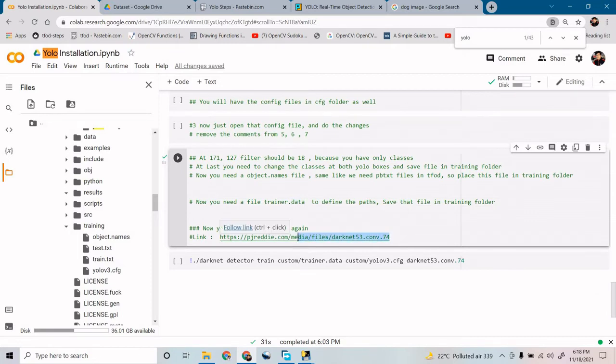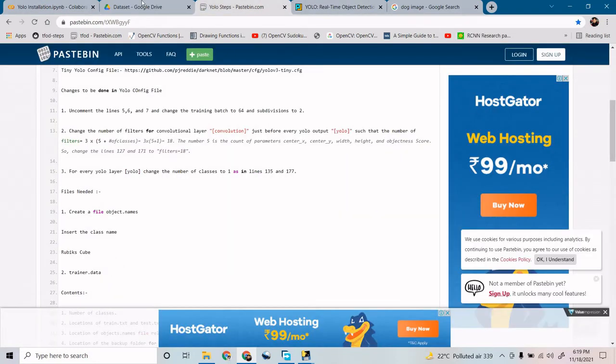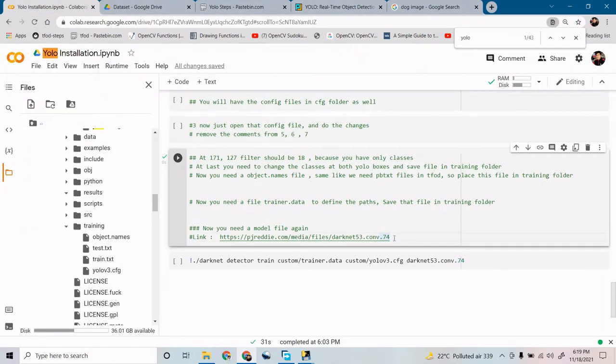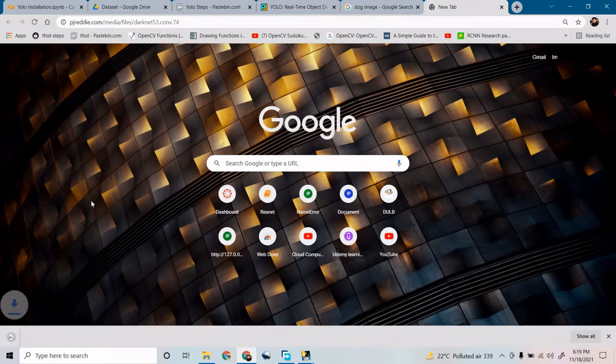Now again, you have YOLO. First of all, we have used something known as darknet, so for the darknet we should have the darknet architecture. Darknet architecture is not available in a Keras API, so for that we need to download the darknet convolutional layers as well. Just copy this command. This command is also available inside your YOLO steps. It will get downloaded. Just copy this and paste it over there, and your file will get downloaded.